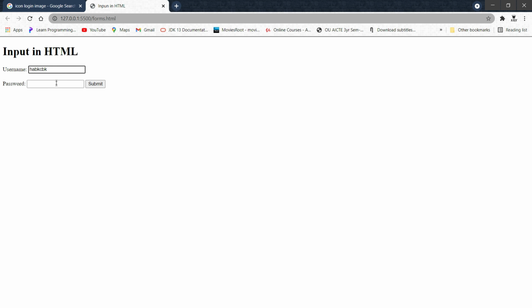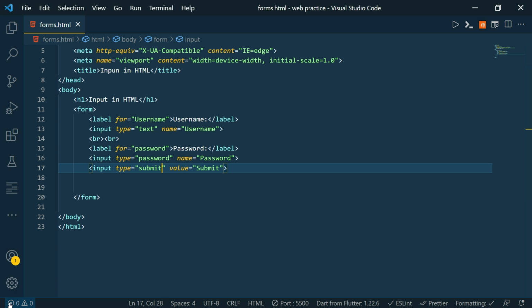Whatever we write in this form will be submitted by this button, and I hope you understood the submit button. It submits the form to the server. It submits whatever value we have in the form to the server. We'll see how it happens when we explore our backend, but for now it's enough to know this much about this button.